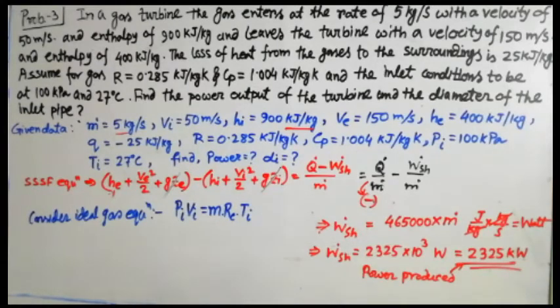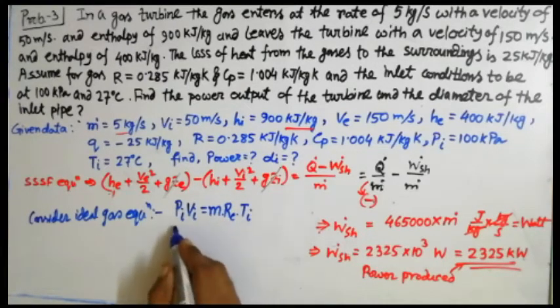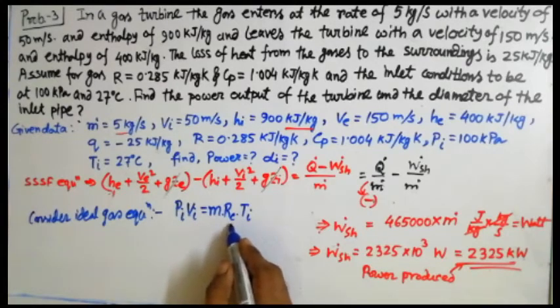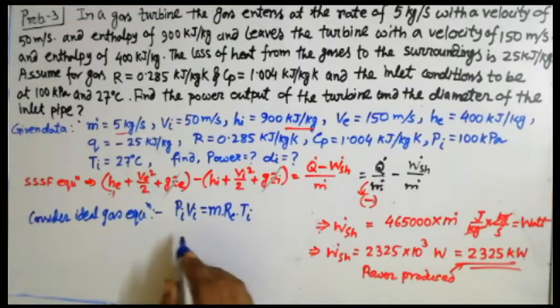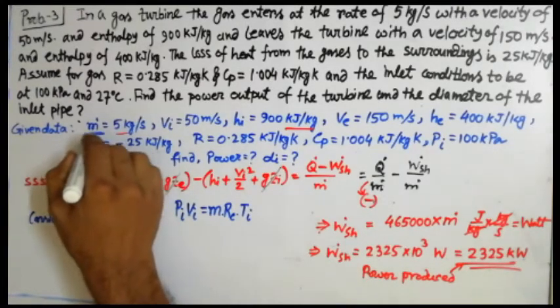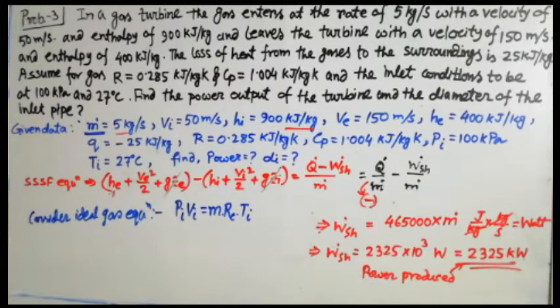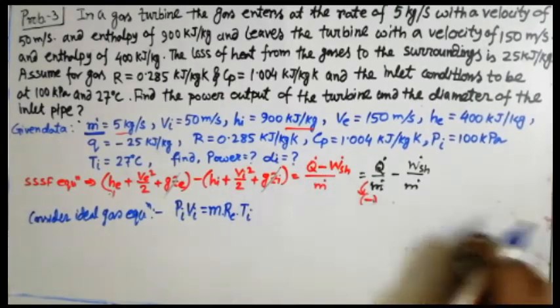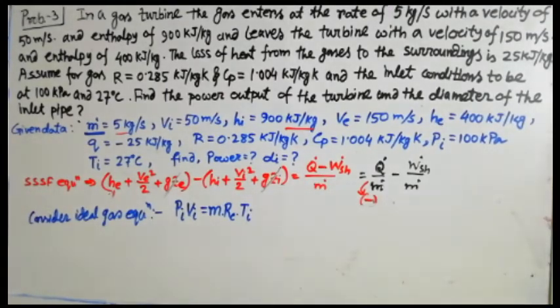Okay. So pressure, volume, mass, specific gas constant, temperature, and they all carry a subscript i, which means it is the inlet of the pipe. Now in this particular problem, M dot is given instead of M. So if we convert the right hand side in terms of M dot, what will be the change in the left hand side?